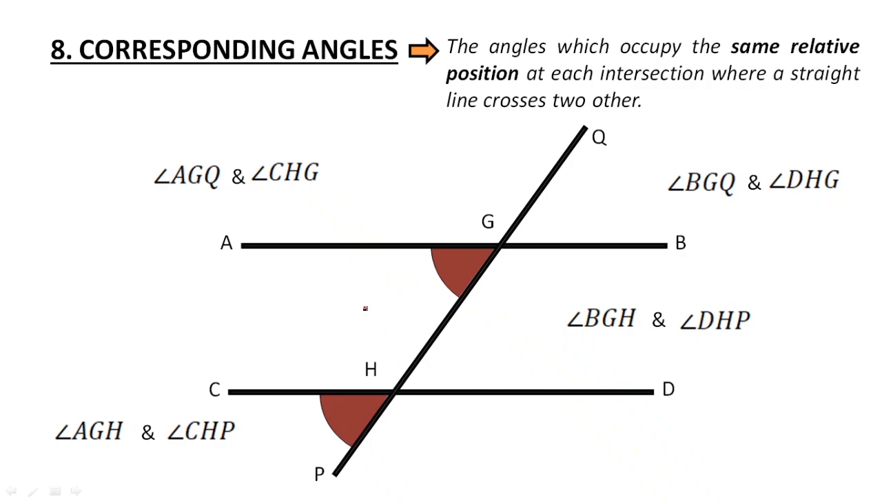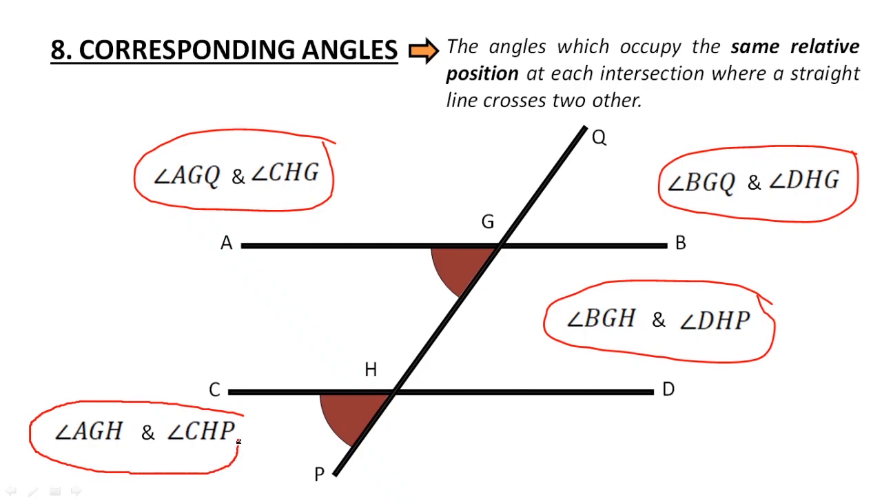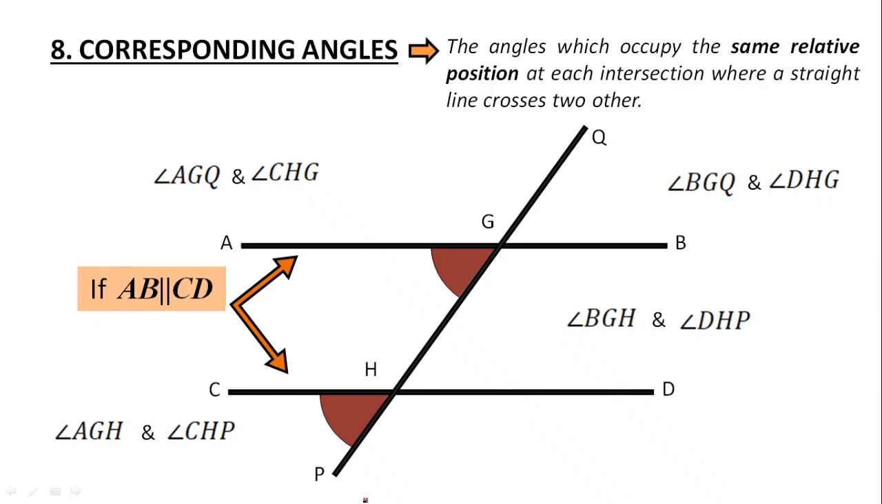So these are the corresponding angles that we have. Angle AGQ and CHG are corresponding angles, angle BGQ and DHG are corresponding angles, angle BGH and DHP are corresponding angles, angle AGH and CHP are corresponding angles. But the main important thing that we must see is what happens when the lines AB